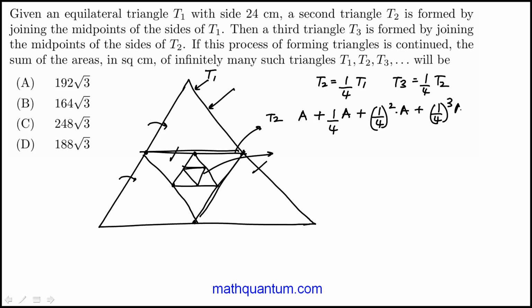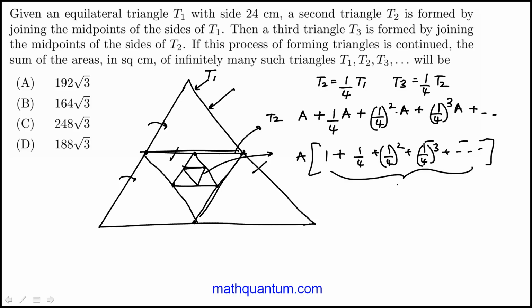So you end up with essentially a geometric series. And so it would be just A times 1 plus 1/4, 1/4 squared, plus 1/4 cubed. And you'll see this will converge. And to add this, the summation formula for an infinite geometric series is b over 1 minus r. B is the first term, which is 1 here. R is the common ratio, which is 1/4. So that becomes 4/3. So the area of all of these triangles infinitely added together would just be 4/3 the